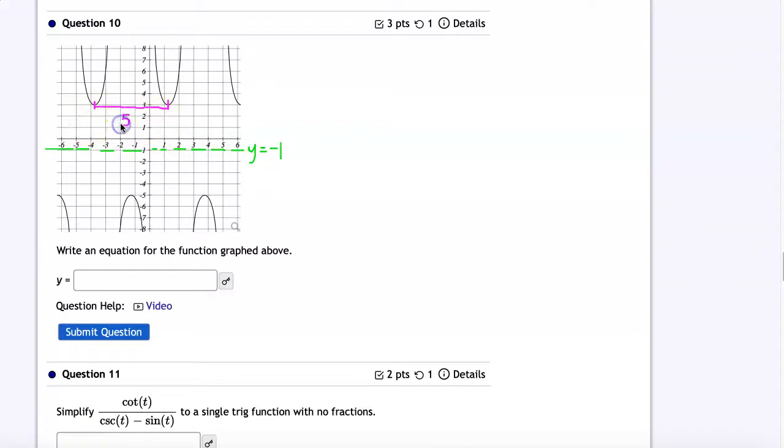So the period for this graph is 5. And then halfway in between, you're going to see the asymptotes for this graph. Sorry, not halfway in between. At the quarter cycles, you're going to see the asymptotes for this graph. So if we draw those in, then we can more clearly draw the function that this black graph here is